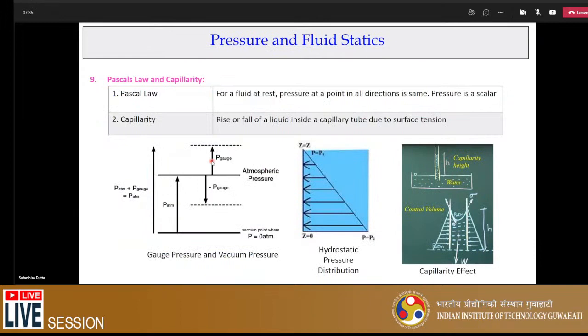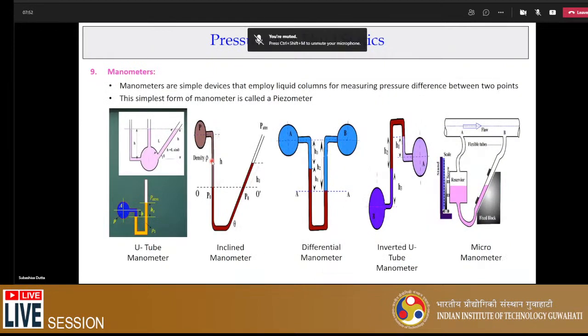Fluid at rest, I think we have introduced with some examples. Fluid statics is a very easy subject, I do believe it. You can understand fluid statics well, and a few of the examples come from my GATE or Indian Services exams, which are manometers, different types of manometers, where we use a very simple